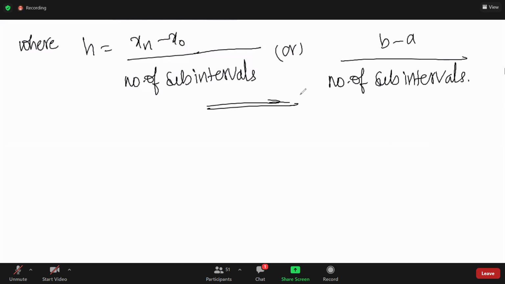So this method is very simple for calculation purposes of numerical integration, and we will get a small error, like 0.0000, so less error. The accuracy of this result can be improved by increasing the number of intervals, by decreasing the value of h. So when do we get accuracy? By increasing to a large number of intervals.